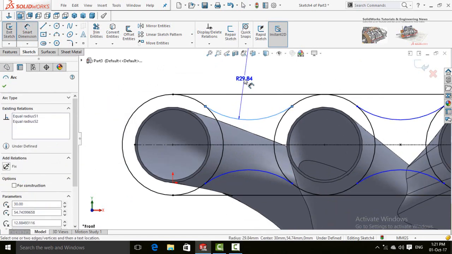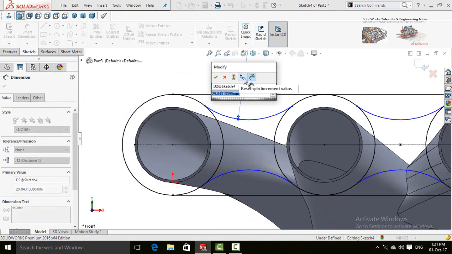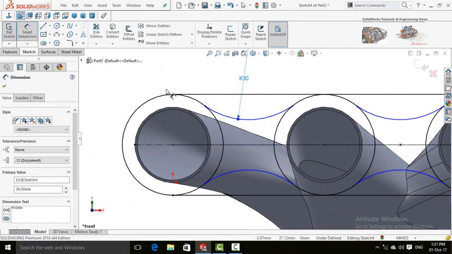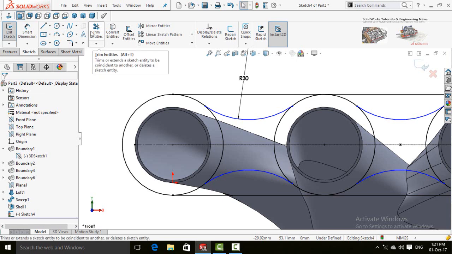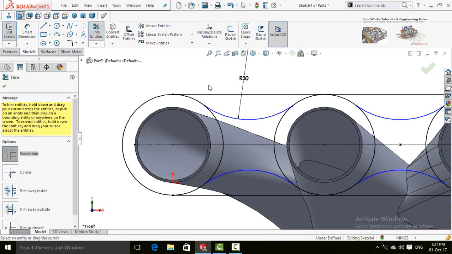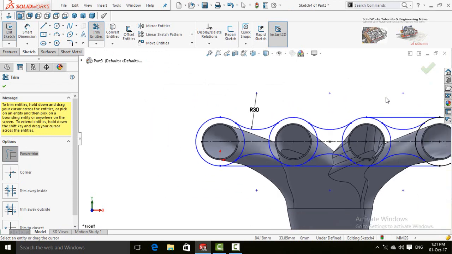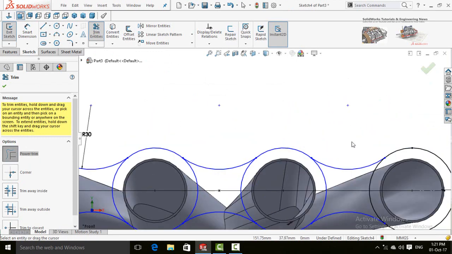Define them 30 millimeter radius and then select trim entities command. Now trim this line, this line.